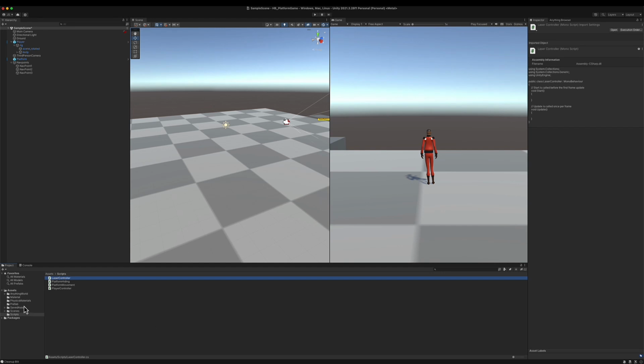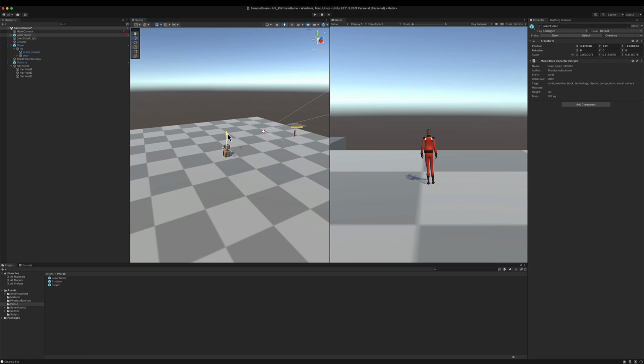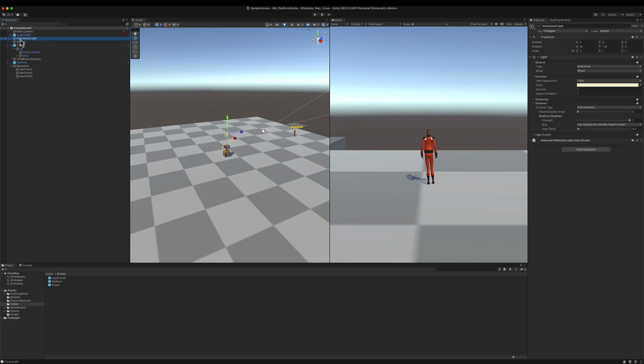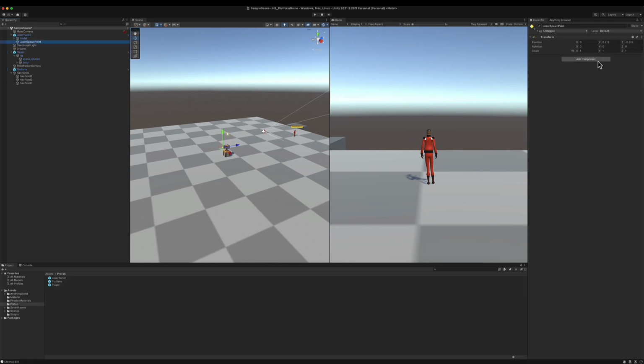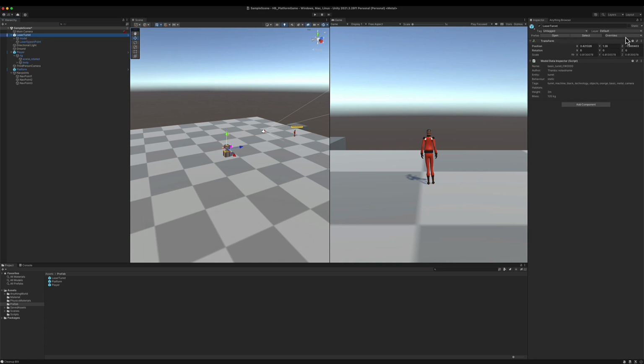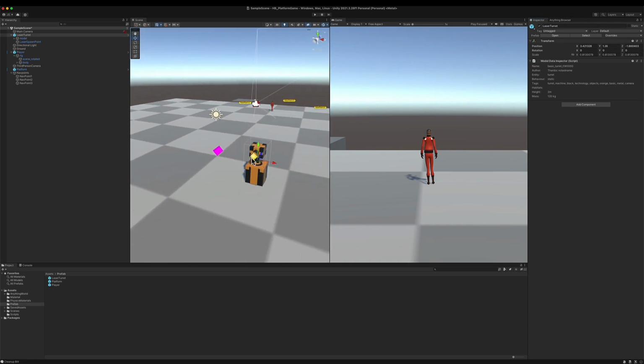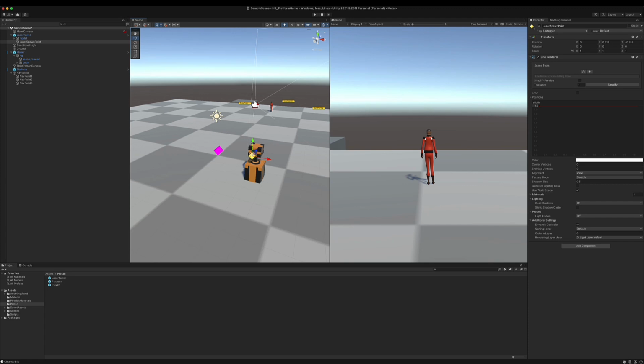Where's my turret? Did I delete it? I may have deleted it. That's weird. Okay, not a problem. Let's add it again. Here's my laser turret, and on the laser spawn point, I'm going to add a line renderer and apply the change to the prefab. That is really weird. I never thought I had deleted my turret. But anyway, let's go back